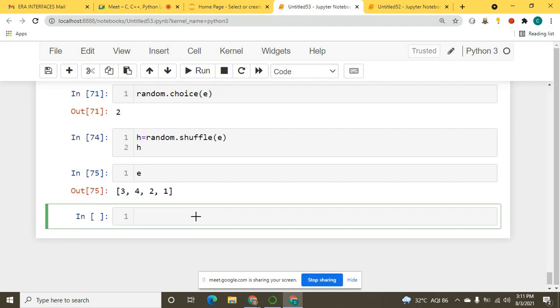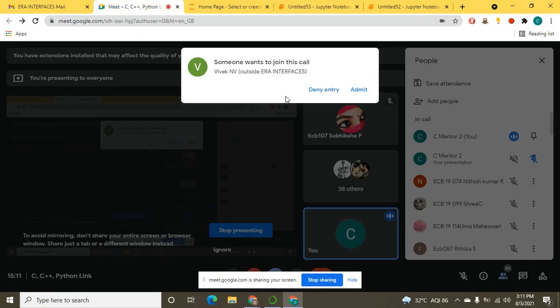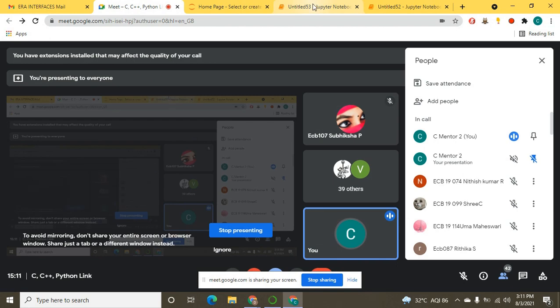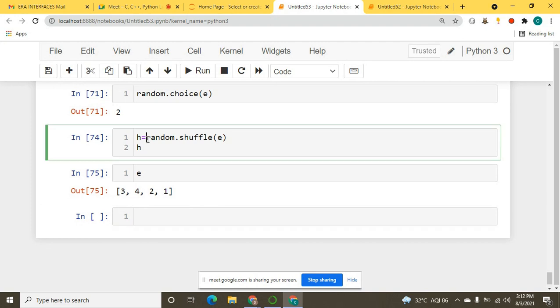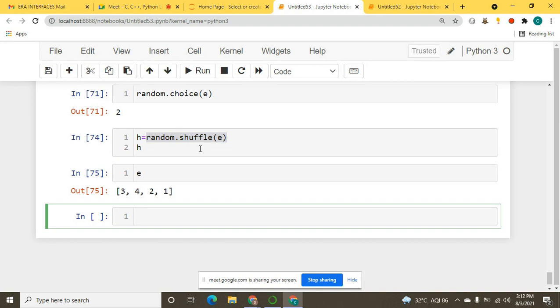Now I will see my E. Yeah. Can you see that before, E was 1, 2, 3, 4, right? Now I want to shuffle the values of that particular sequence. So what can I do? I can use the shuffle function of that random module, right? Let me execute it again, and E also.